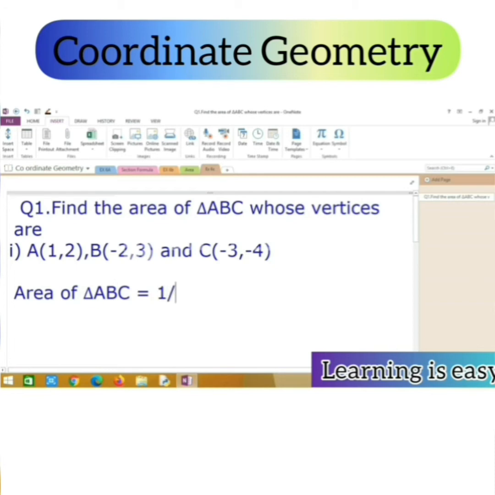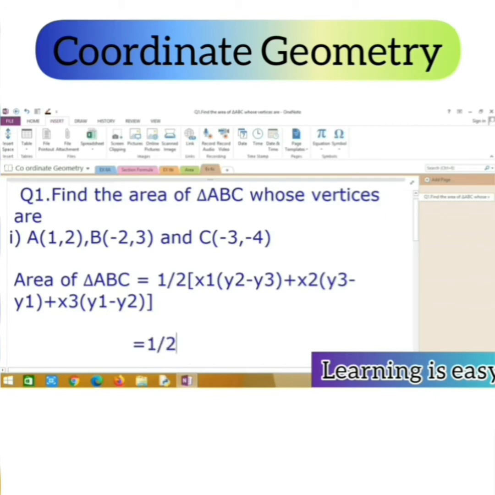That's going to be half into, let's first write the formula: x1 into (y2 minus y3) plus x2 into (y3 minus y1) plus x3 into (y1 minus y2). It's in consecutive order, so it is easy to remember the formula for the area of a triangle. By substituting the given coordinates: x1 is 1, y2 is 3, minus of minus 4 becomes 7, so 1 into 7 is 7,